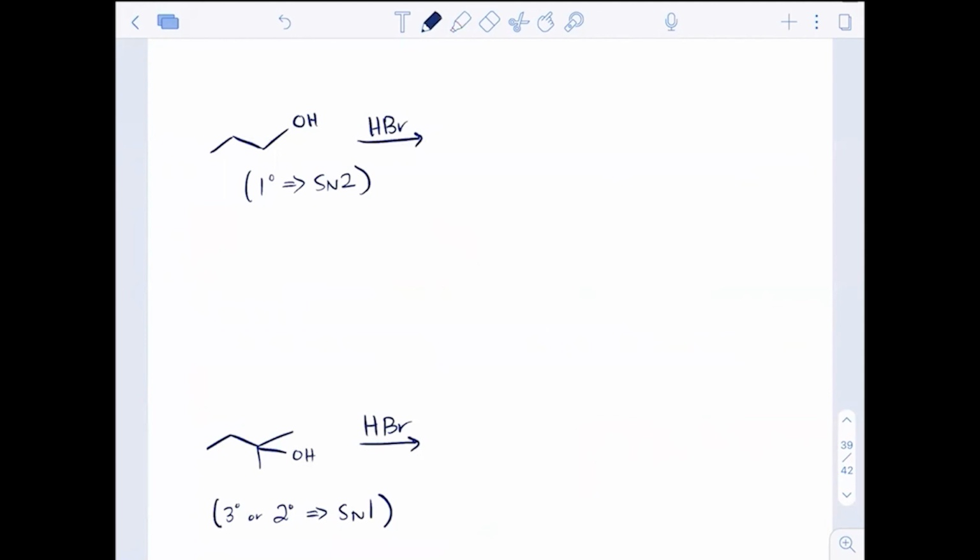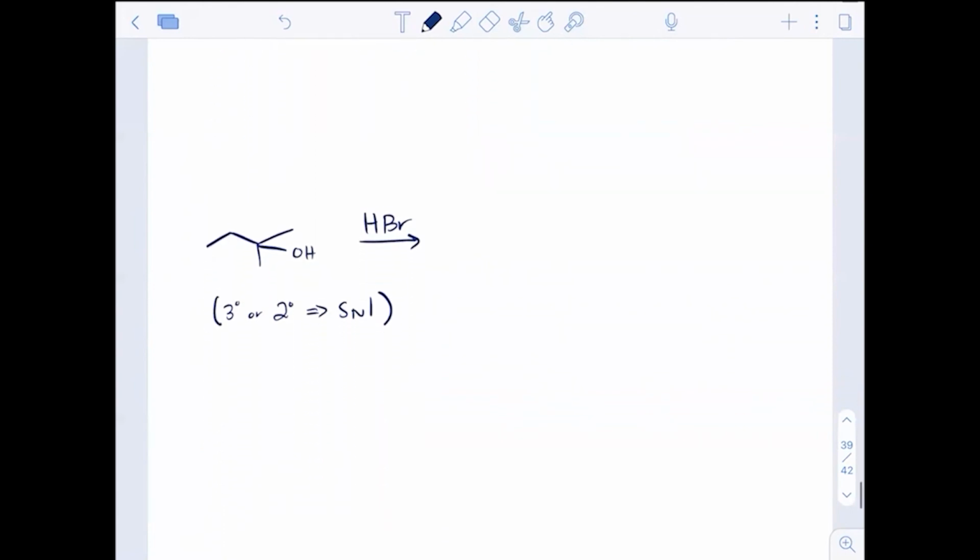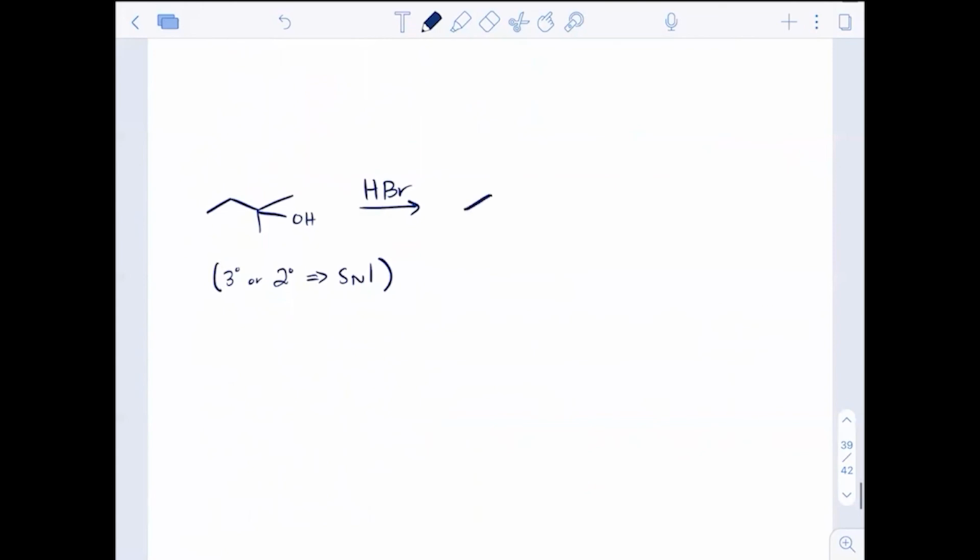So again, SN2 conditions, we can make our primary alcohol into a primary alkyl halide via our SN2 reaction. We can do this reaction as well with our secondary and our tertiaries,